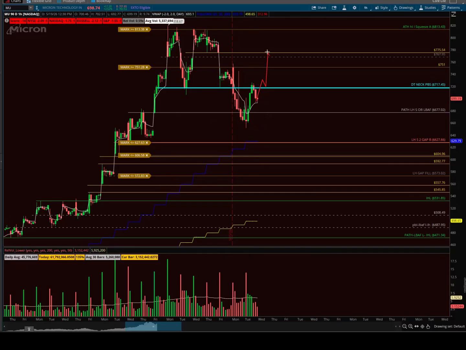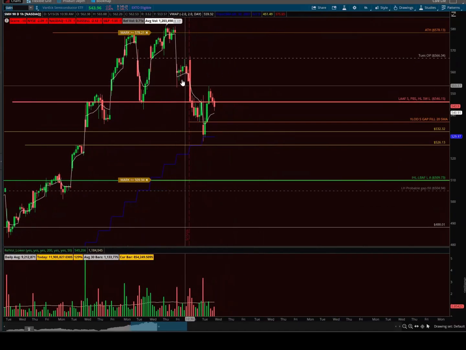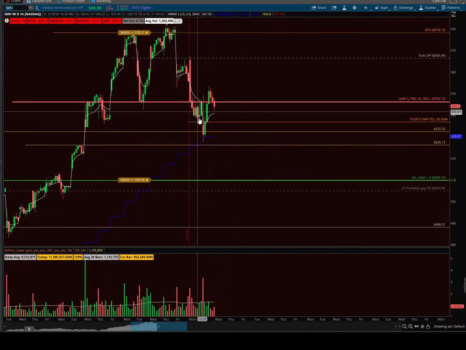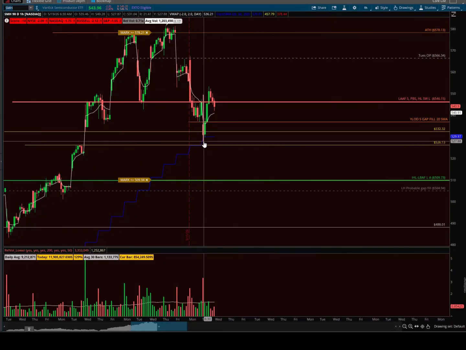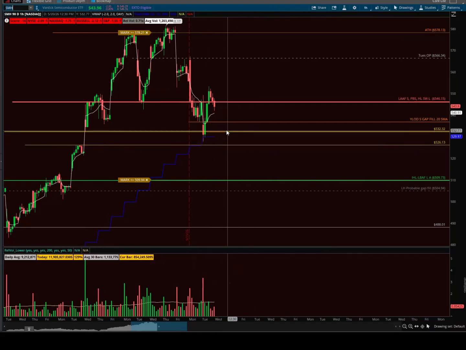717.50, and SMH is recovering as well. So while we're there, let's look at SMH. Obviously yesterday, SMH also broke the neckline, came into this gap. Look at that. Perfectly touched the 20 SMA, bounced right off of it, looked into the gap and failed. I mean, that's all bullish. So tomorrow,